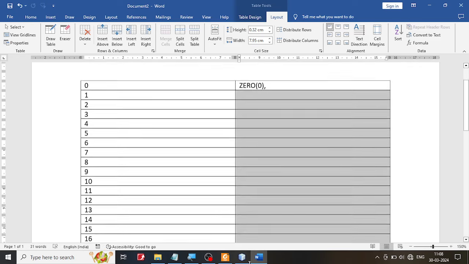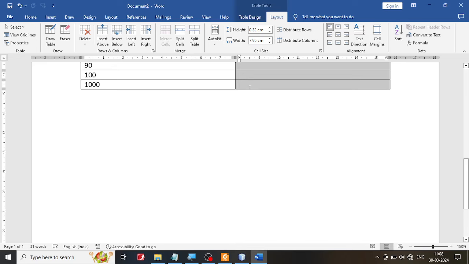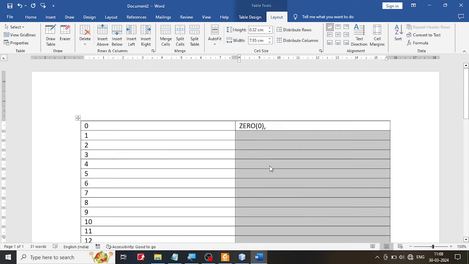And I'm going to select all the remaining fields within this table. Select all of them. Just click and drag down, and Control V to paste it. All of them are pasted. And now I'm going to update all the fields by pressing